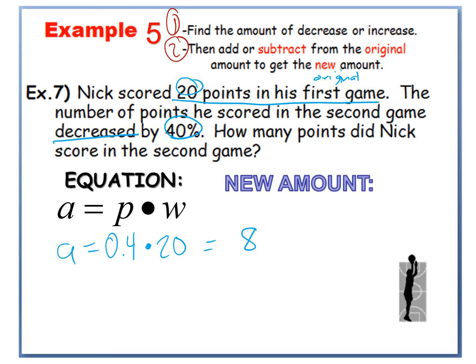But careful, that is the amount. 8 is the decrease, right? It's an 8-point decrease. So that's not what we're going to be doing now. So now what we have to do is take the original minus that amount. So we're going to add or subtract from the original amount to get the new amount. 8-point decrease, so we have to take the original, which is 20. Subtract 8, which is the change. And that gives me 12 points